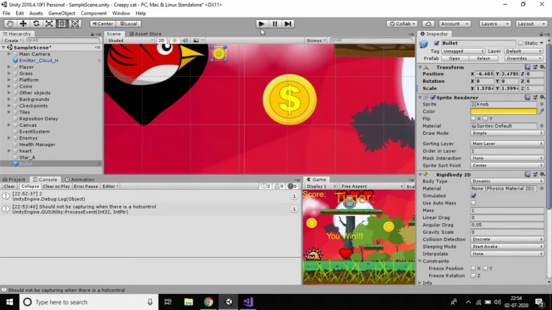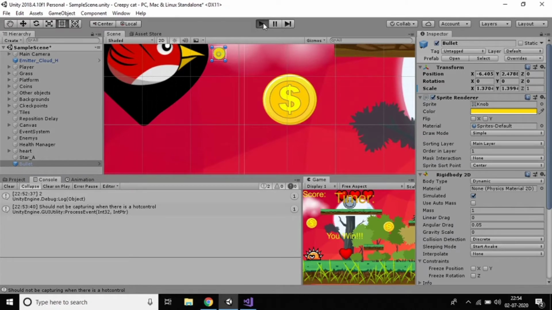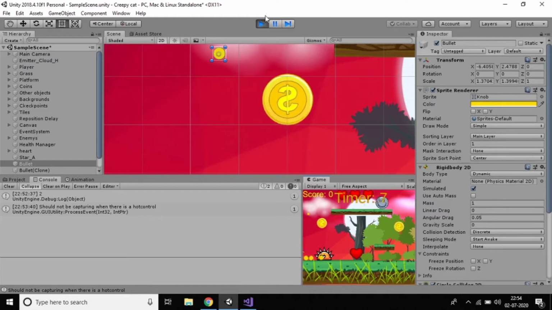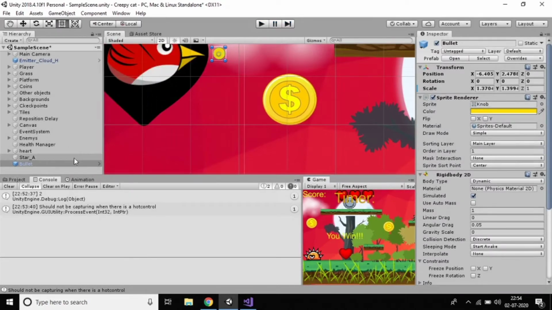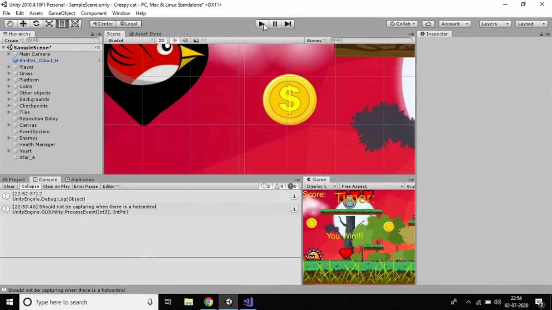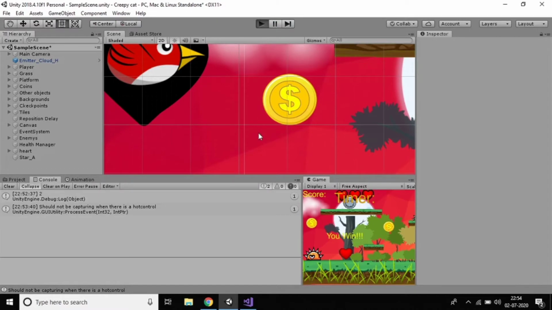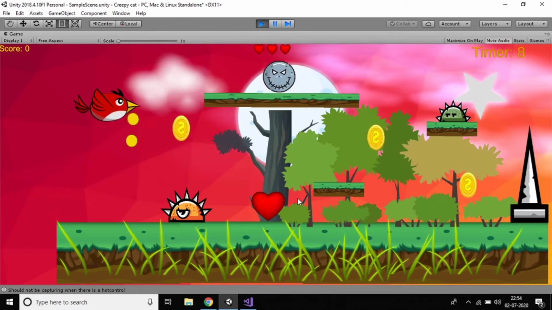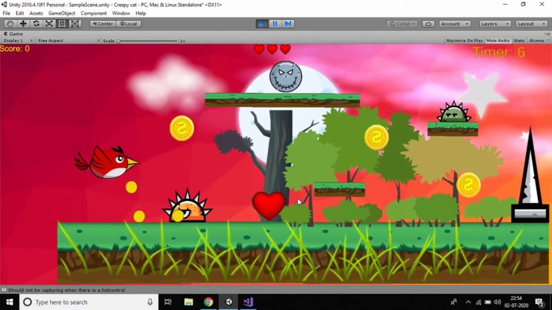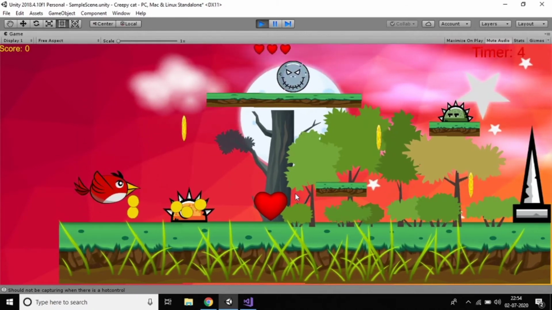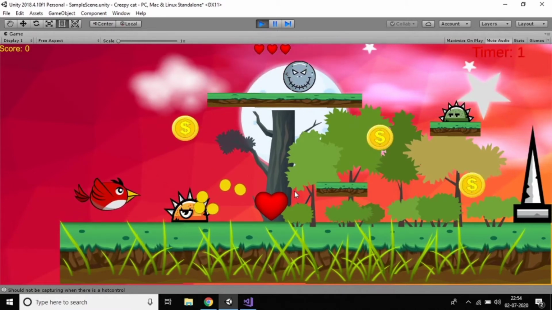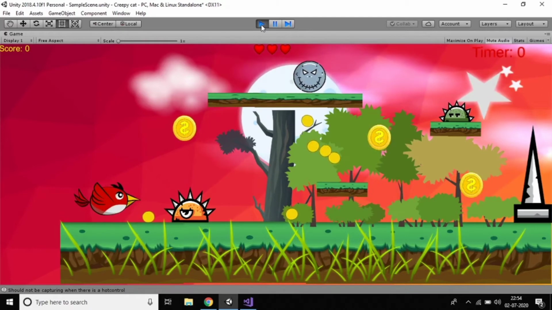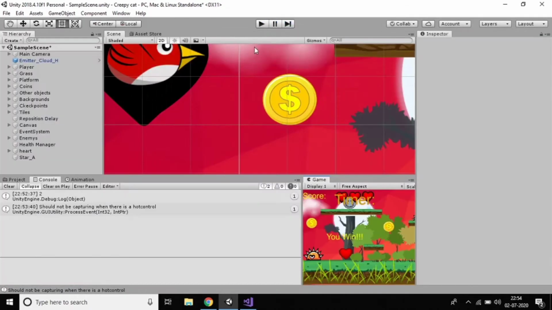Yes, it's clear. Now you can see, if I press control, automatically my bullets were coming. Unfortunately it was there, so just delete this one and now we can try. If I press control, yes, my bullets were coming, but they're not moving forward, right? Because the bullets were very big.